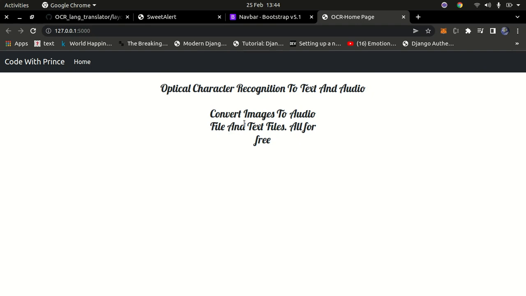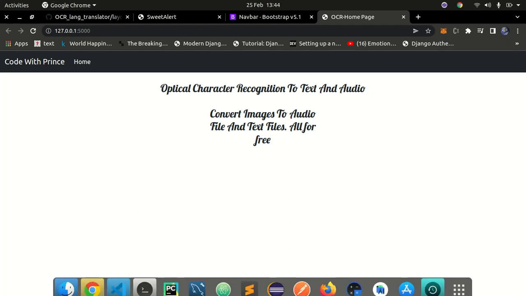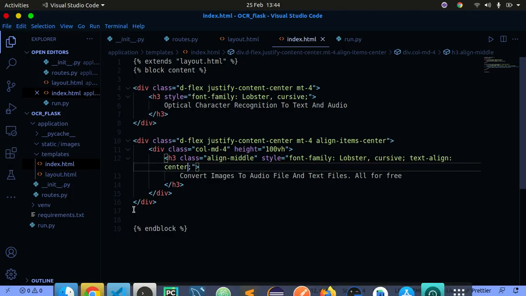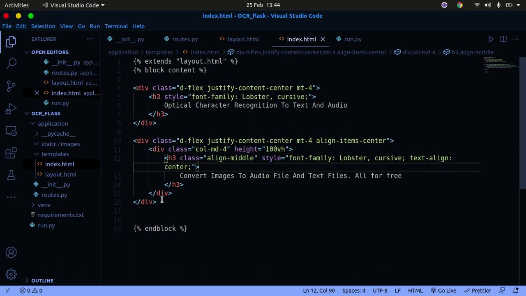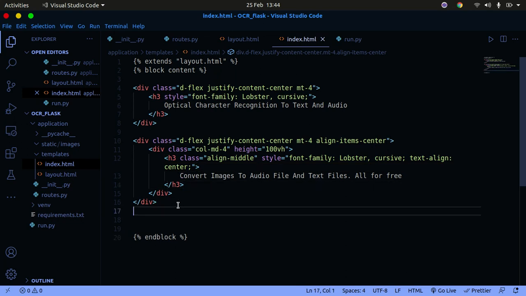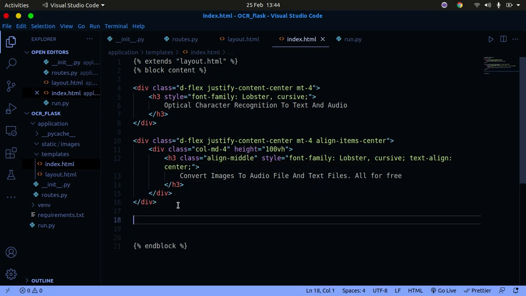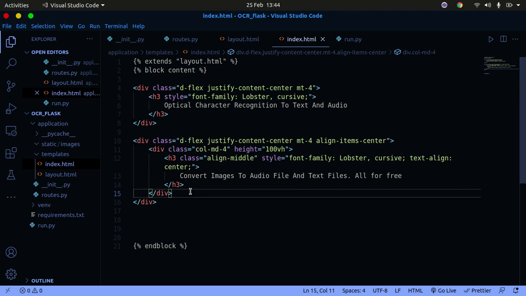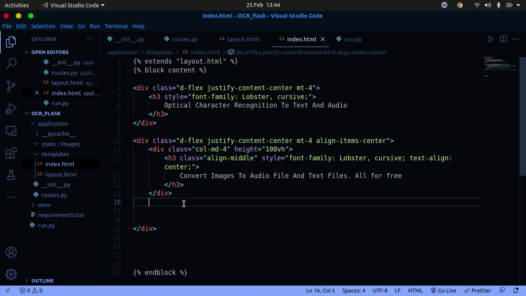So now I want to go ahead and actually create the place where I have the images and there is some text next to each other side by side. So what I want to do right now, I have the text already, so I'm going to now create the image section. So I create another div, and then I'm going to build that div here. I'm going to have another div inside of this one,